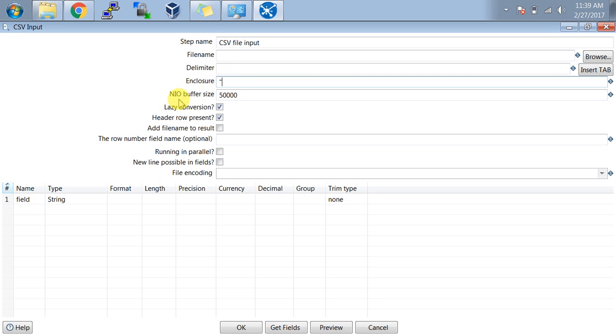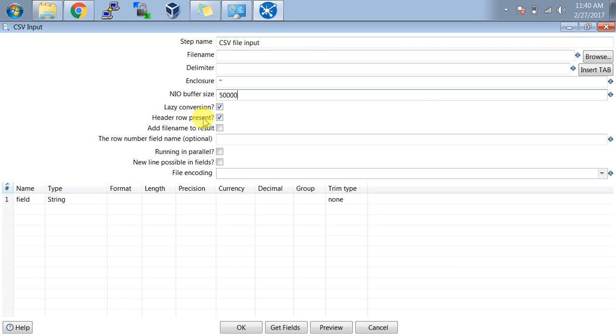And then lazy conversion. If you want to directly dump the data without data type conversion, you can check lazy conversion. The NIO buffer size is by default 50,000, which you need not change because it is the default. Only in rare, extreme cases, if the size grows, you may need to change it. The next option is header row present.